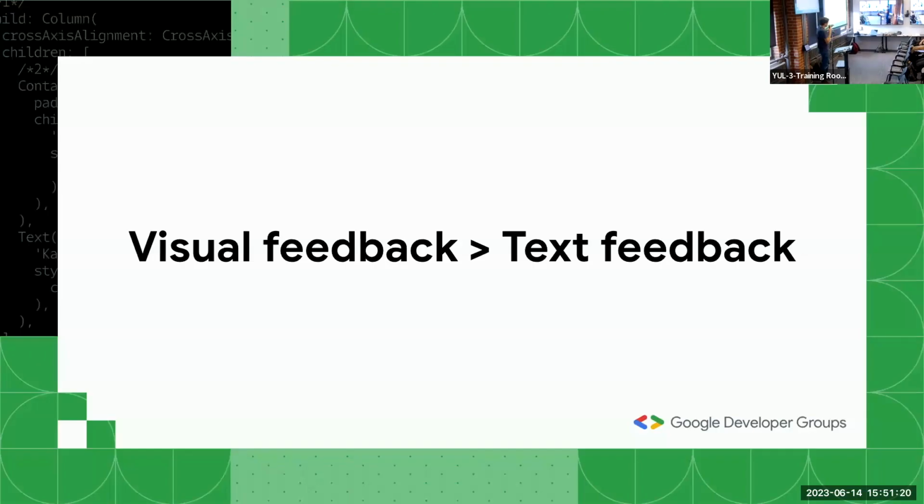Another thing is visual feedback is better than text feedback. The image is super powerful to know what's going on. You open an image, you immediately understand what's happened. It's the same thing when you write something. If you write an essay or blog post or something on social media, illustration, photo is the key for your reader because that's what our human brain is immediately attracted to, right? So it's the same for a golden